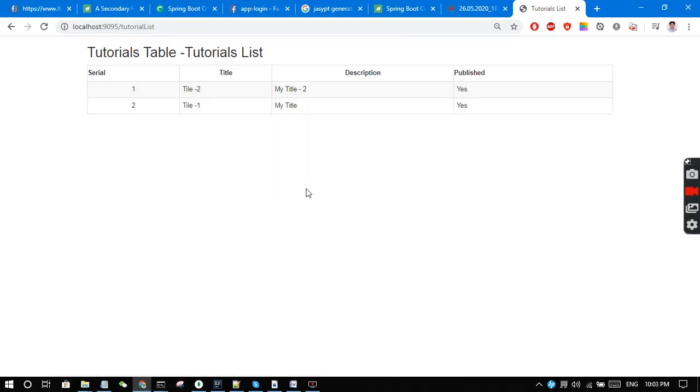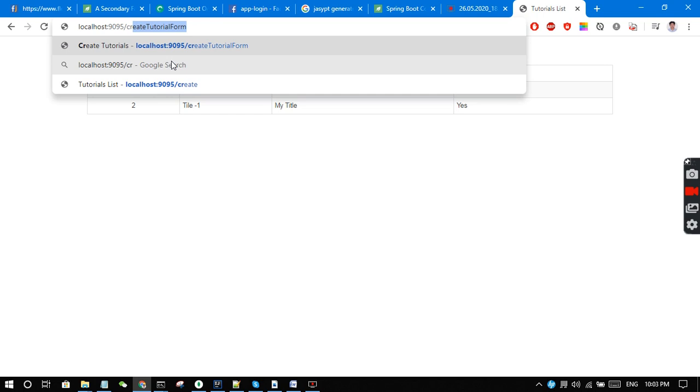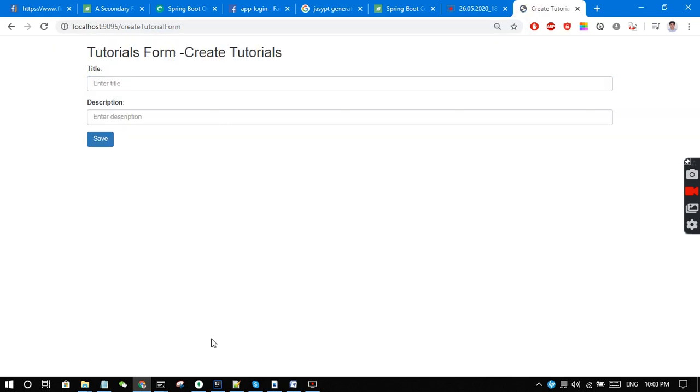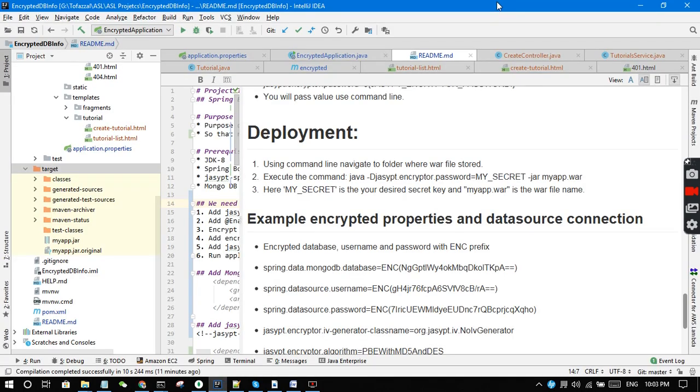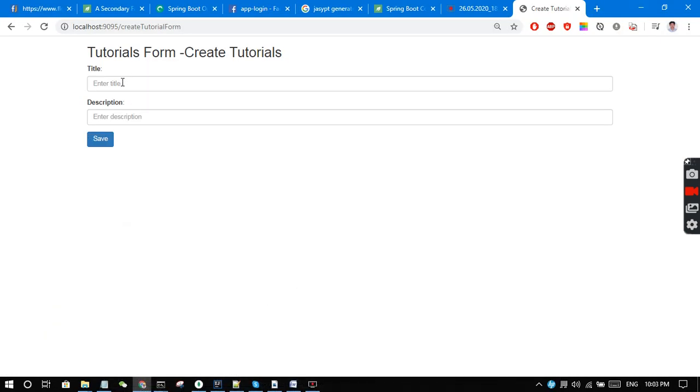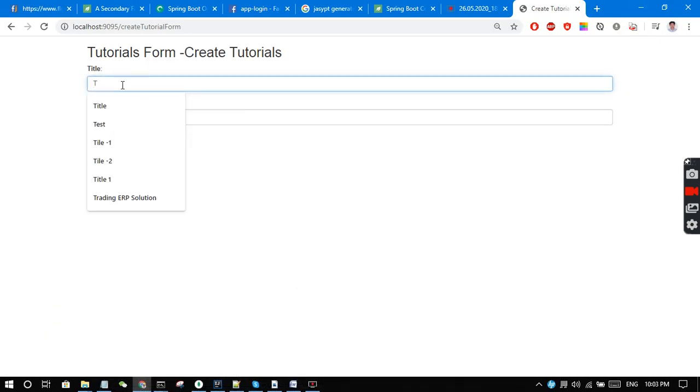Yeah, our application is running. We added two records earlier, and we will see these records. This is the create form. Our application is now not running in IntelliJ IDEA, and let's add another